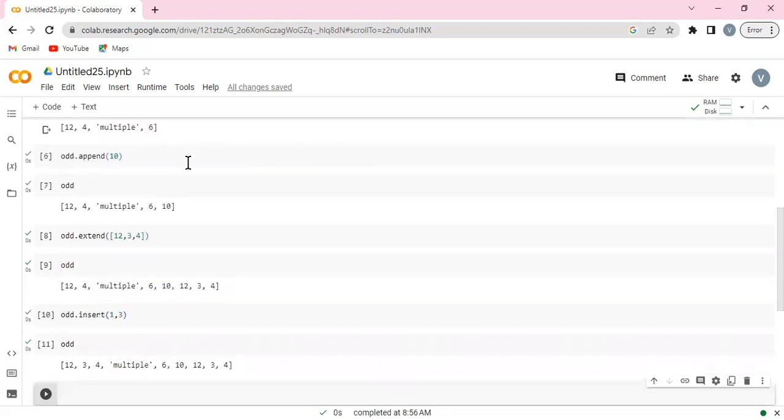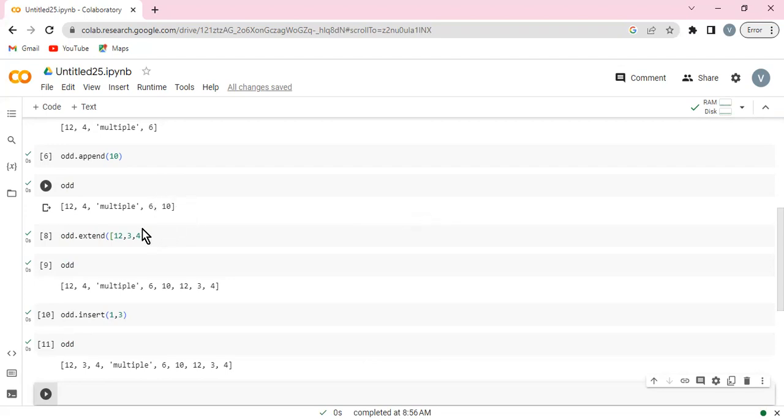So as we move forward, as we know, in a list we can append anything. Append means we can add any value, but at the last position. Like here I write list dot append, and I write 10. I want to add something at the last; append works like it adds anything at the last in the list. Then we write the list and we run that. We see here "multiple" and the 6, and we see that this 10 is right here